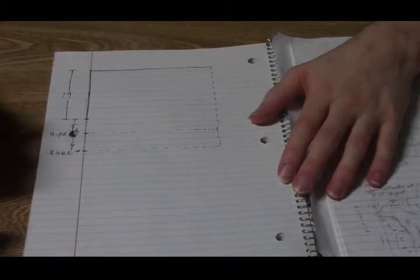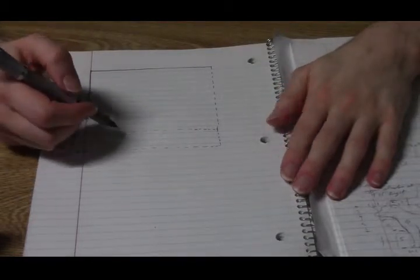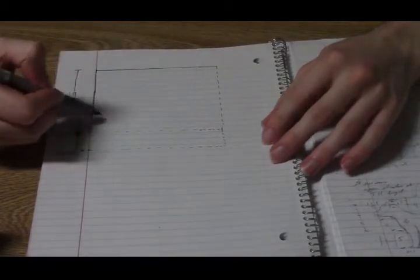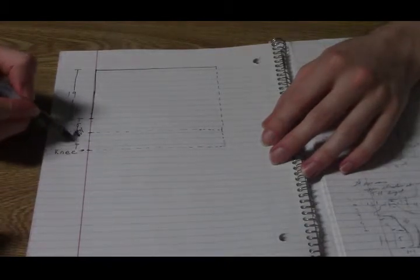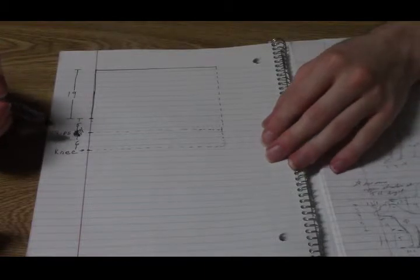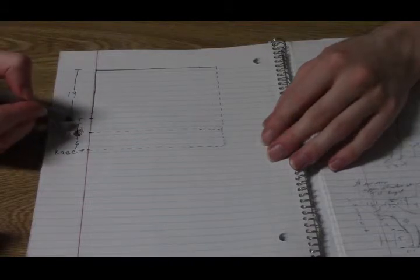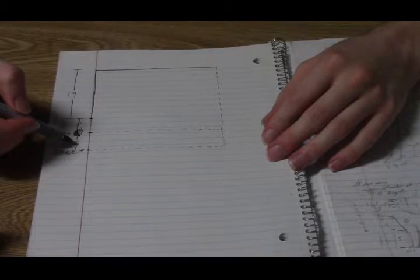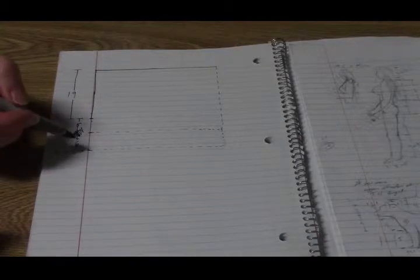So that's where the knee is. And by the way, we don't need any boxes in this section because we don't have any appendages we're making. This is just going to be an empty section. And this number, this 6, might change depending on how much space I end up with. So we have 19 units here, then 5 units here, that's 24, and then 6 units here, that's 30 units, which is just less than half the square,